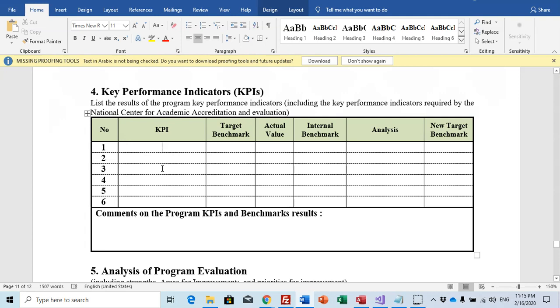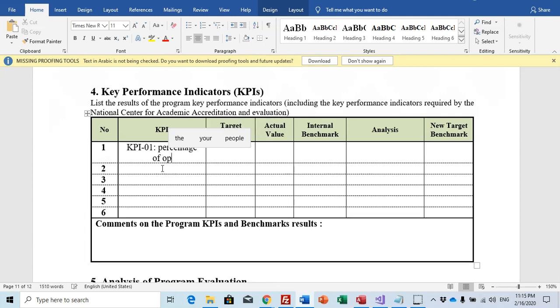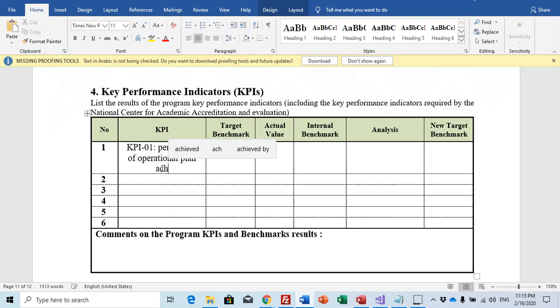For example, there is KPI 01, which is the percentage of operational plan achievement, and the target benchmark is based on the last measured value, and this is your annual target.